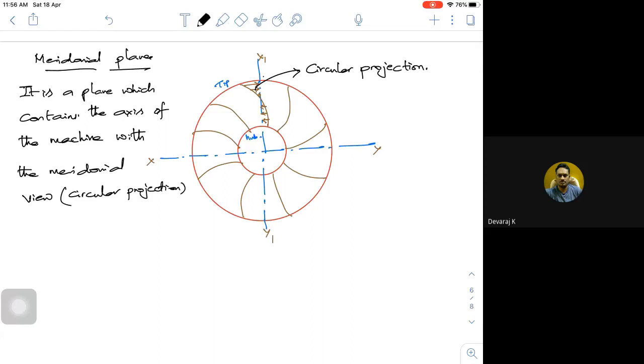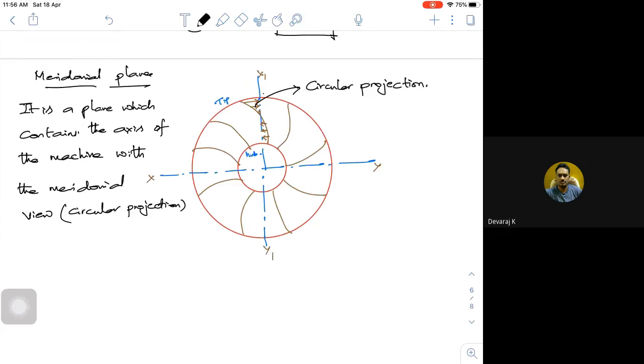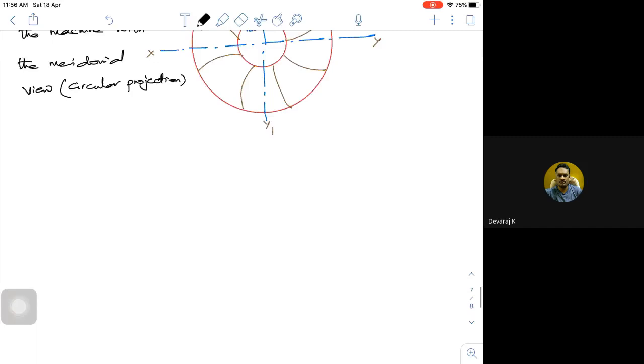Okay, on the meridional. This is for a radial flow machine. A radial flow turbo machine. So this same rule can be applied for a compressor as well as for a turbine. So the rule will be the same. What will happen if it is for an axial flow machine? If it's an axial flow machine, what will happen?